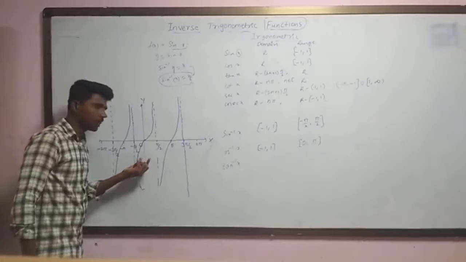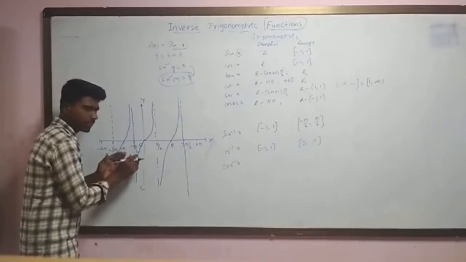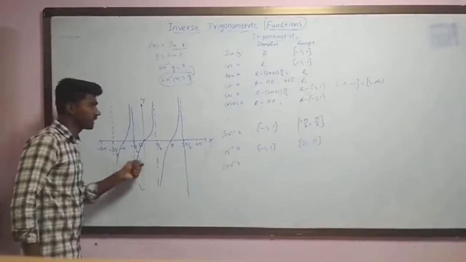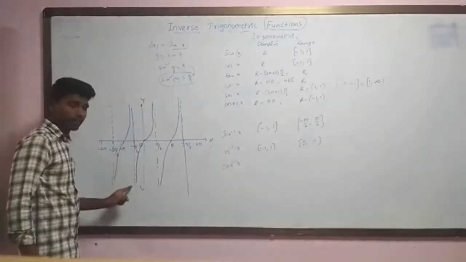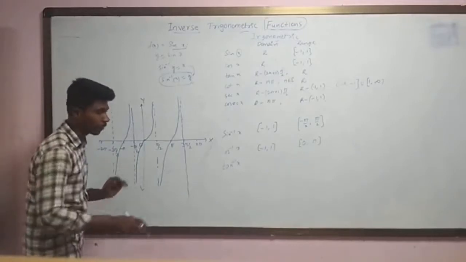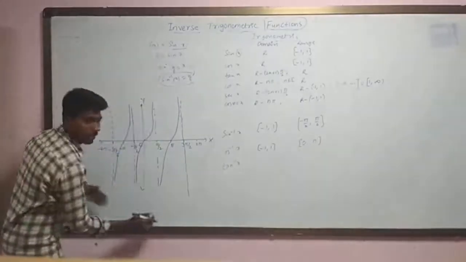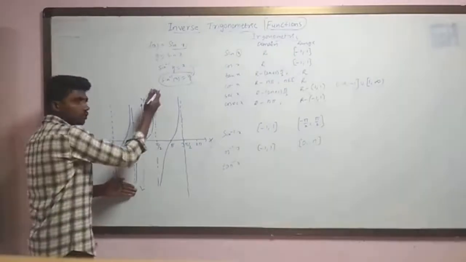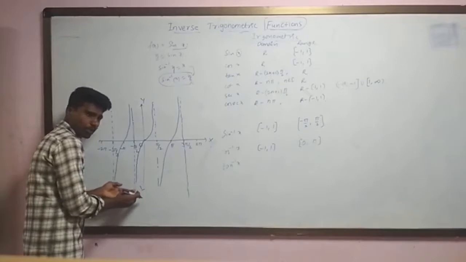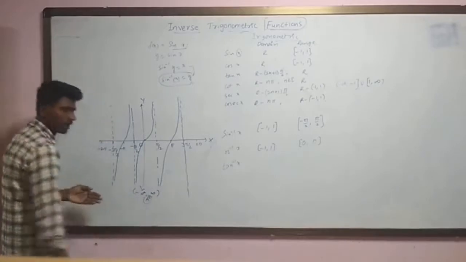Now what about its range and domain? If I consider tan x, it exists for all real numbers except 90 degrees and minus 90 degrees. And its range, what about the range of tan? I am not discussing tan inverse, but tan. It takes all negative numbers, all positive numbers, and 0 also. So it goes from minus infinity to plus infinity, which is nothing but all real numbers.